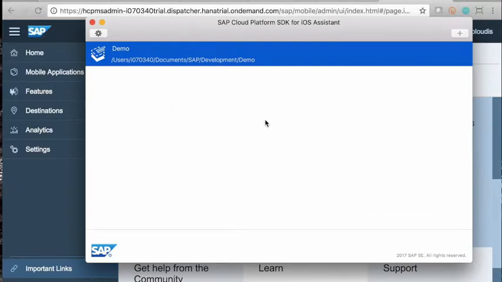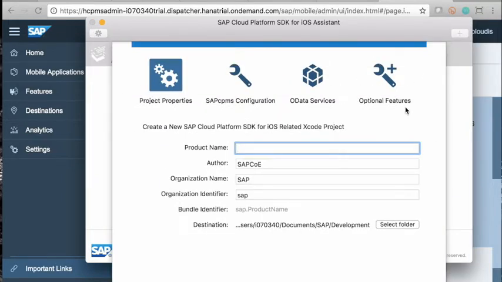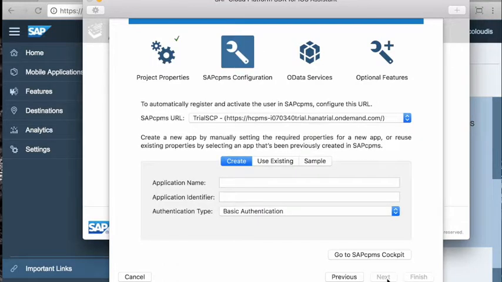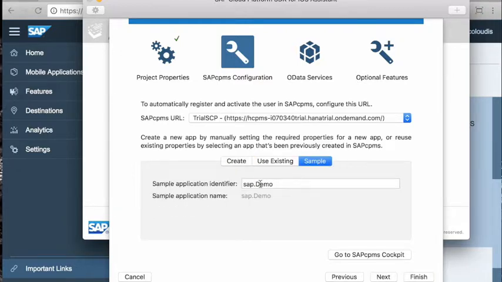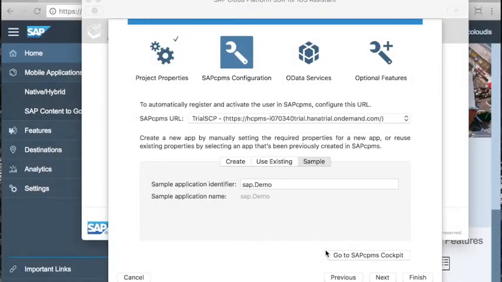Now, what I'm going to do is create a new project. So I just click the plus button, and I'm just going to call this demo for demo purposes. It will automatically select the folder, and all I then need to do is click on the next button. Next. What I'm actually going to do is use the sample data services made available as part of the Cloud Platform. So if we go into sample, it automatically gives me the demo, and I hit next. So what I'm going to do is click on next,